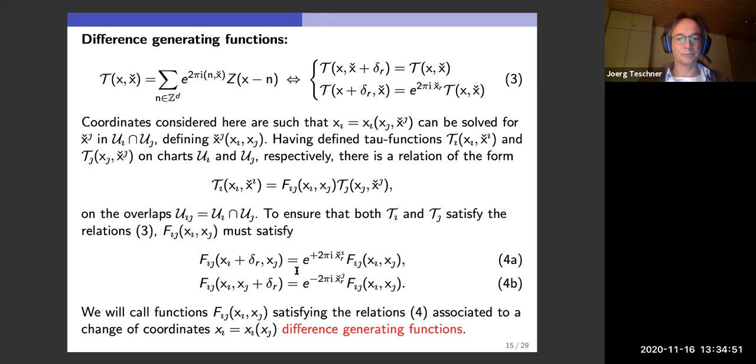So you have a finite shift with respect to one coordinate, which gives the corresponding momentum exponentiated, and here the other coordinate gives the corresponding momentum exponentiated. So this is closely related. Okay, so this is a difference generating function, and the claim is, basically, once you know the changes